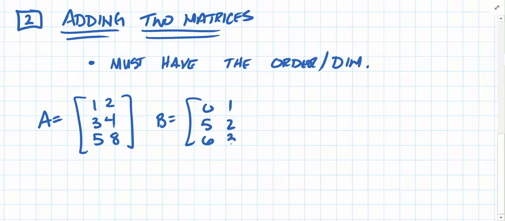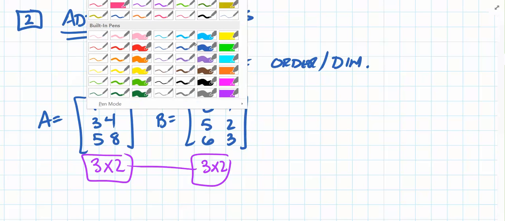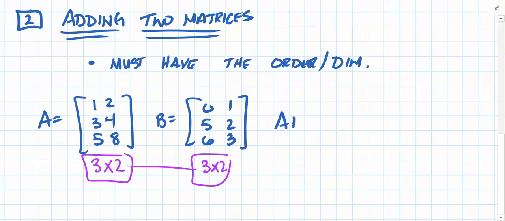All right? So, what is the order of matrix A, or the dimensions of matrix A? Rows by column. This is a 3 by 2. What's the order or the dimensions of matrix B? Also a 3 by 2. Do they have the same order? They have the same order or dimension, so therefore I am allowed to add them. Okay, so if I was interested in adding these two matrices, A plus B, it would result in another 3